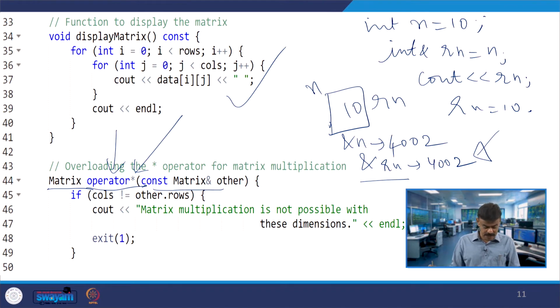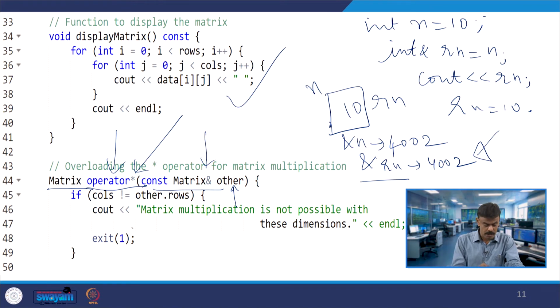In a similar way we are writing here matrix address other. Now when the columns are not equal to other dot rows, that means one matrix's column, let us say M1's column, is not equal to M2's rows. That is the exact meaning here. So, let us study the object in this particular program.